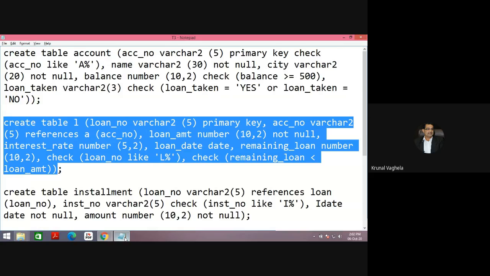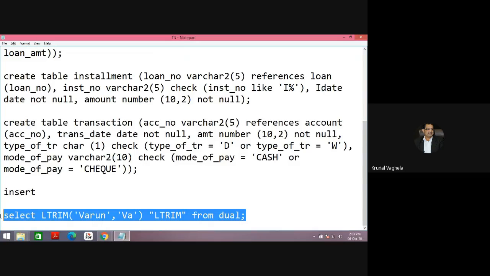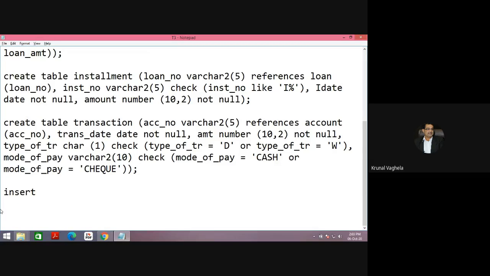So I am writing the insert query here. Insert into A. Remember the table name A. Values. For example, first is account number A001. You have already done this.